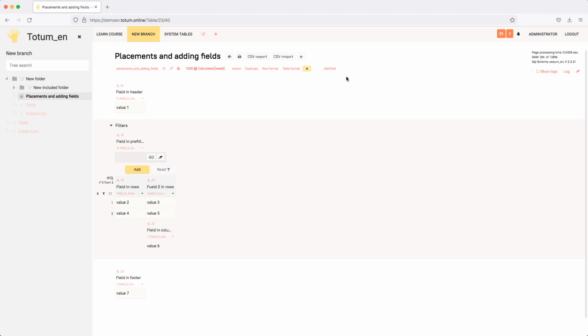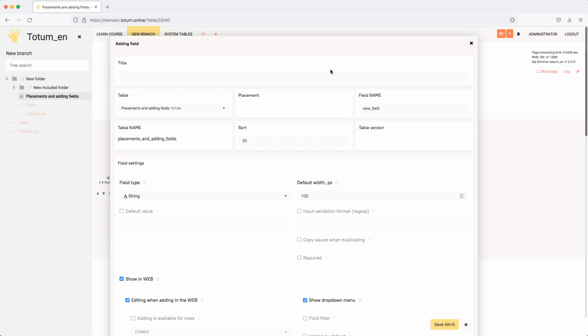To add a field to the table, you need to click on Add Field. By default, they are added to the rows part. Let me enter the title here. The field is immediately assigned a name. It is generated automatically, and if we move the field to another placeholder, for example, we say we want